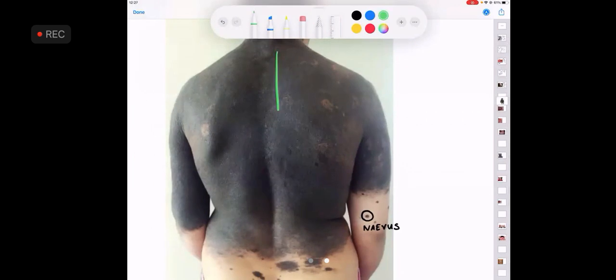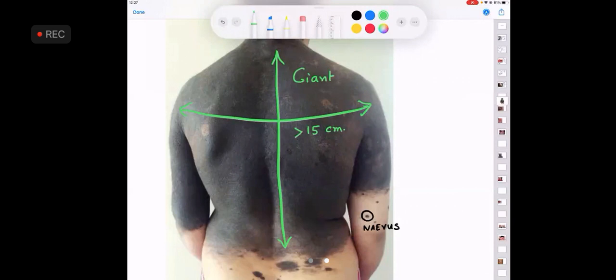Yes, sir. So huge. There, I can go on talking on nevi for the next 15 minutes, but we are not required to know, except that this comes in your picture and your MCQ world, and this is more than 15 centimeter nevus, and this is called a giant melanocytic nevus. This has more than 50% chance of growing into a melanoma.